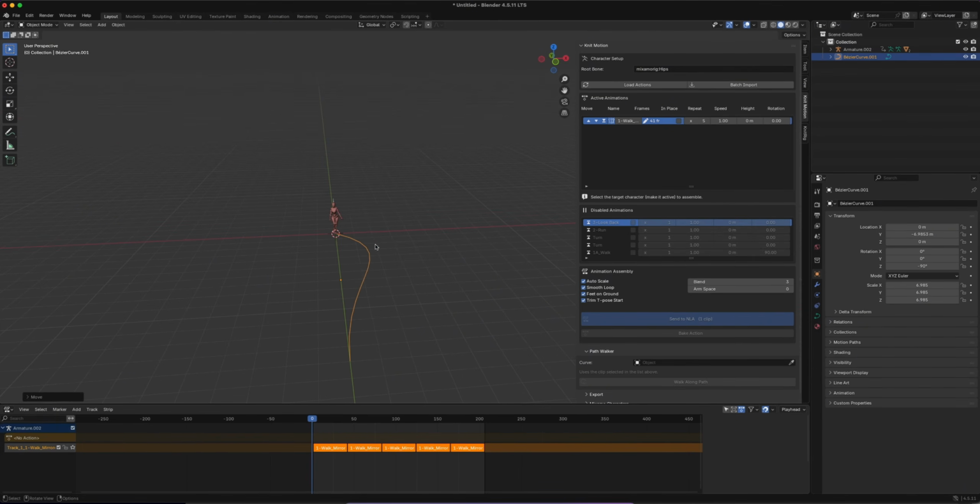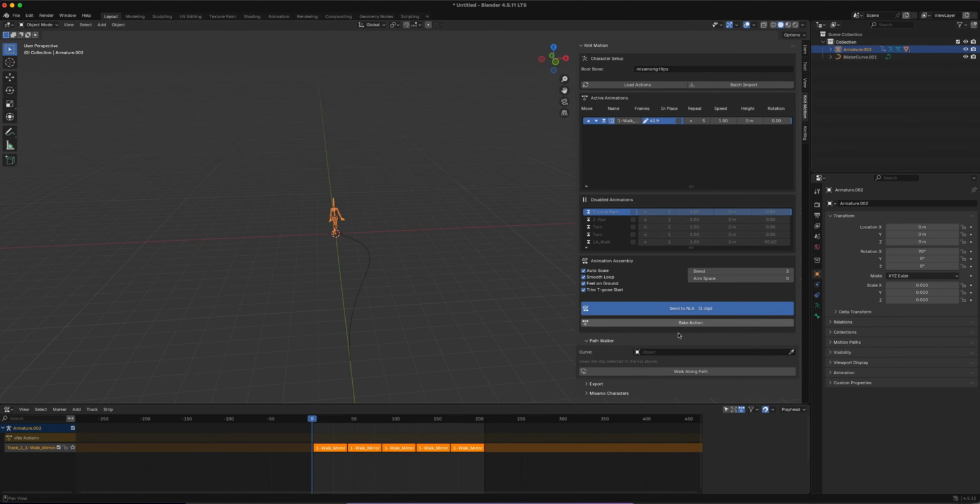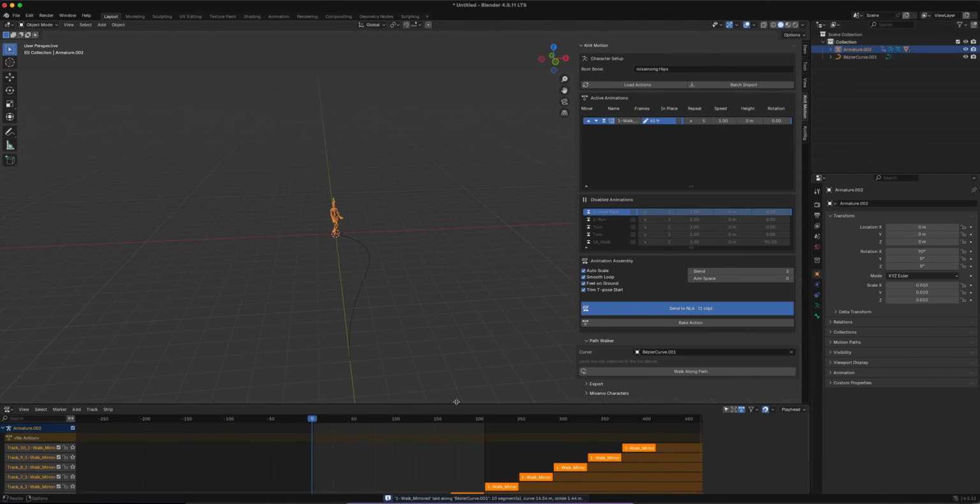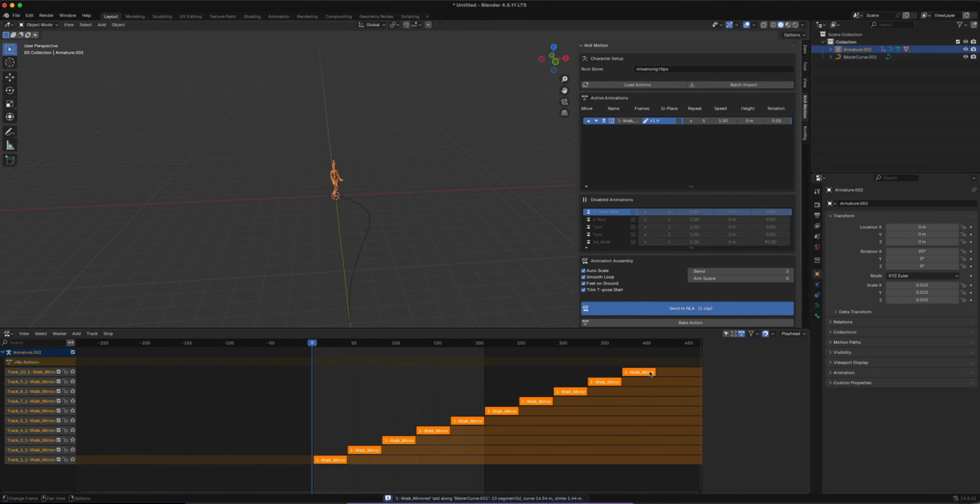I want the character to move along it. All we need to do for this is, with the animation selected in the add-on panel, I select my character, and then I select the path. I selected the path and clicked Walk Along Path. Now all the character strips are placed along the entire path. Let me also set the